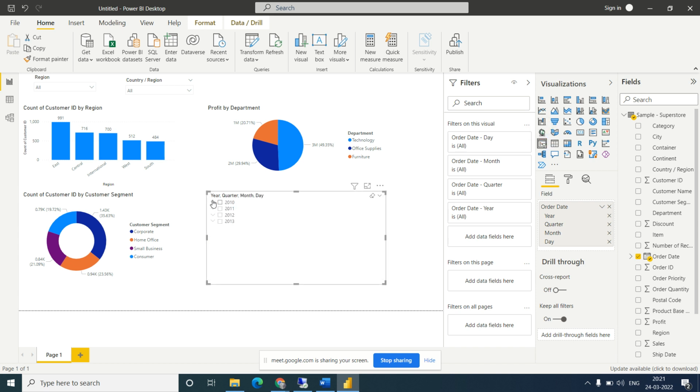Okay, so when you take this one, you will get a hierarchy kind of. But I don't want it like this. I want to make it as a,